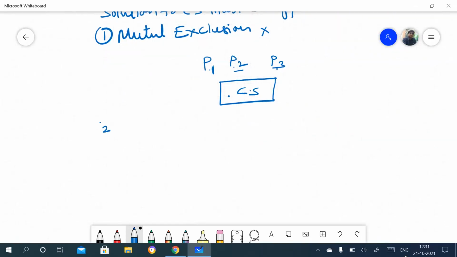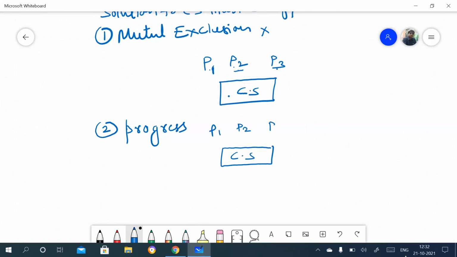Second one is progress. Again, suppose this is the critical section, and P1, P2, P3 are the three processes. Initially consider that there is no process inside this critical section, so this critical section is free. Suppose only P1 needs to access this critical section.